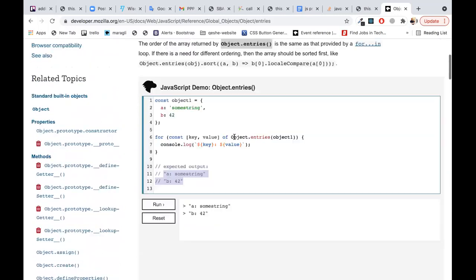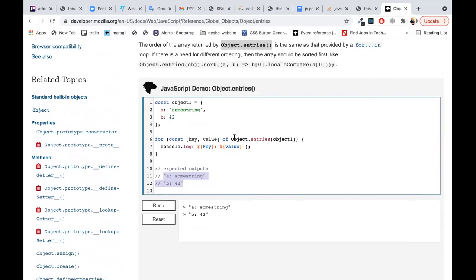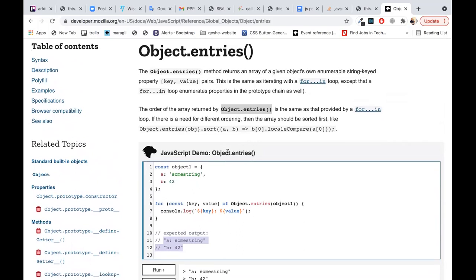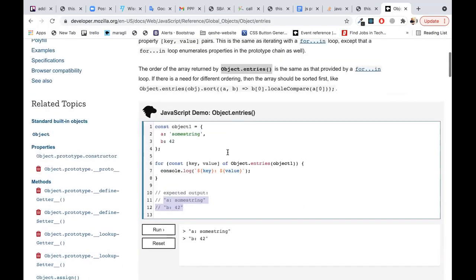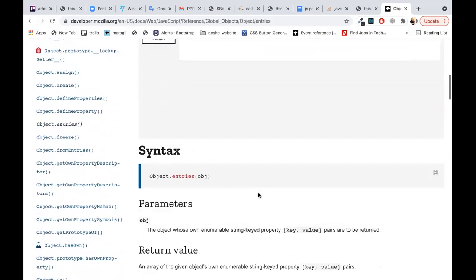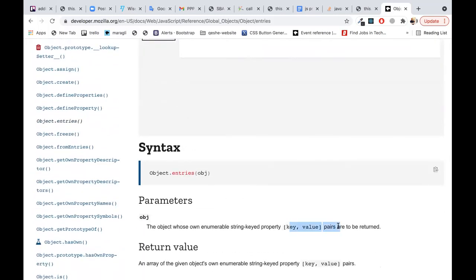I think it is returning the key and value. Yeah, key and value.